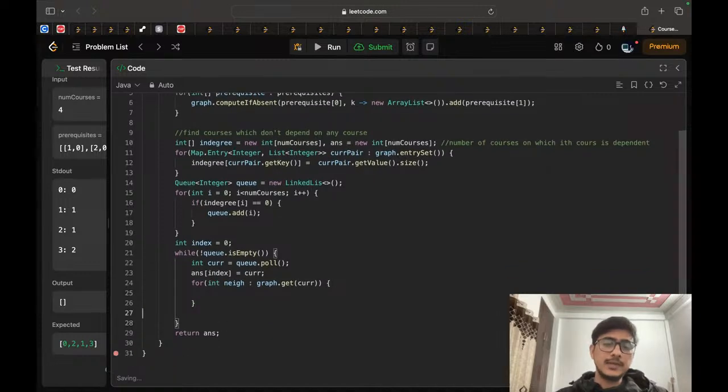So for the neighbors, one course is completed. So for the neighbor, we will decrease the in degree. From the perspective of the neighbor, the neighbor is dependent on this course. So for the neighbor side, one course is done. We can remove the dependency of this course from the neighbor, and we can decrease the in degree of the neighbor. So in degree of this neighbor,